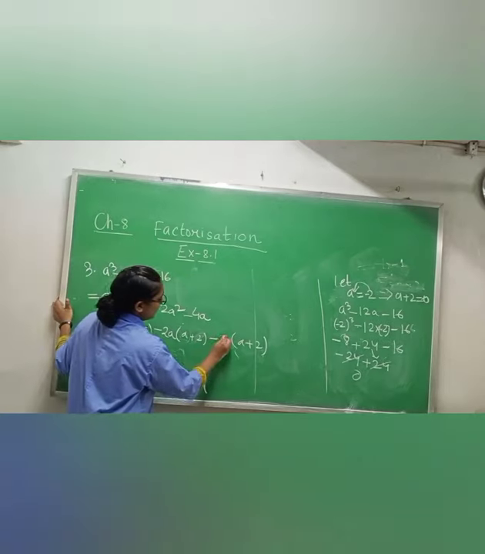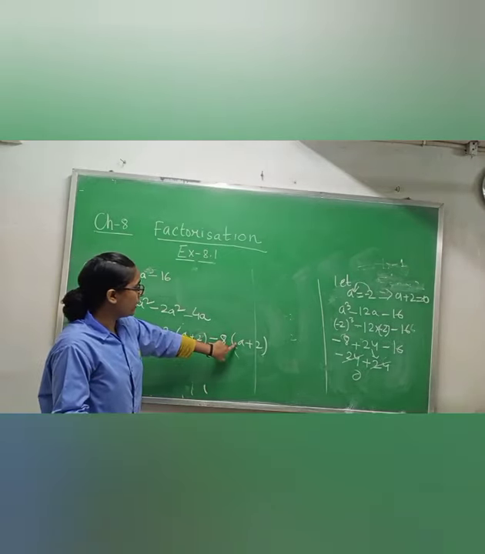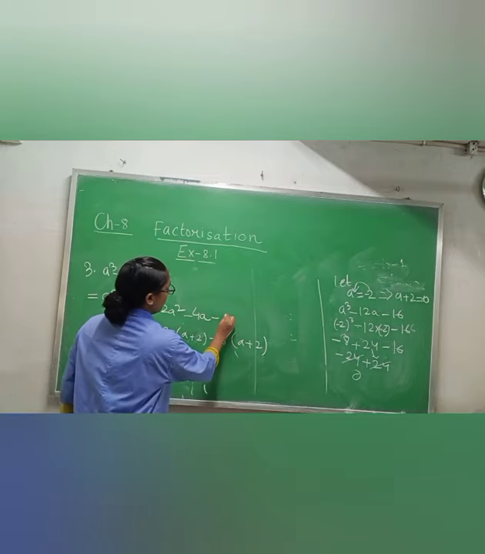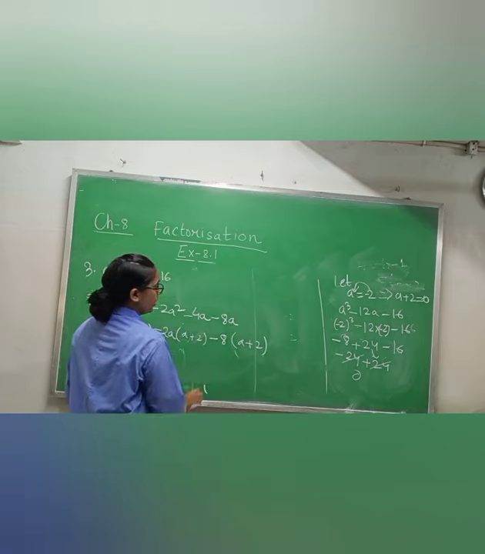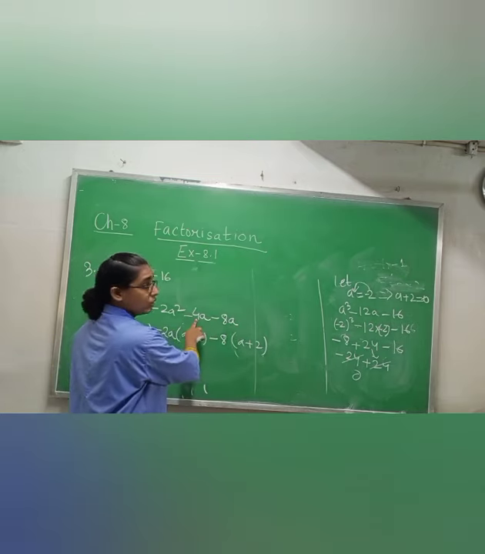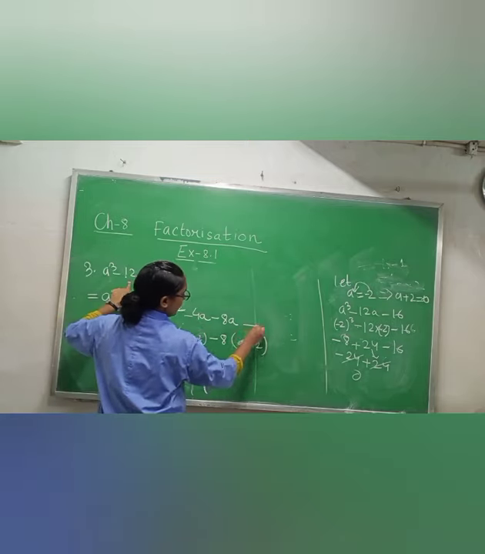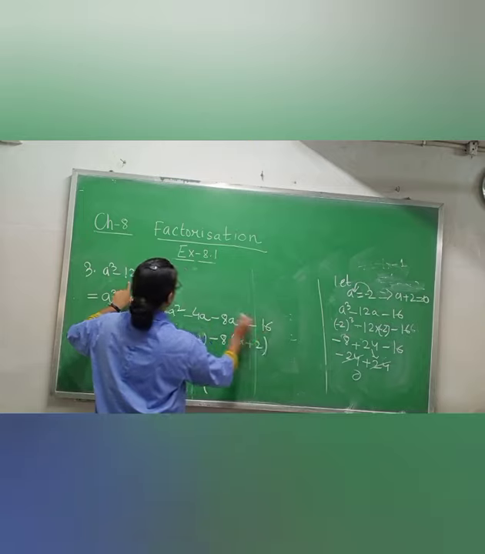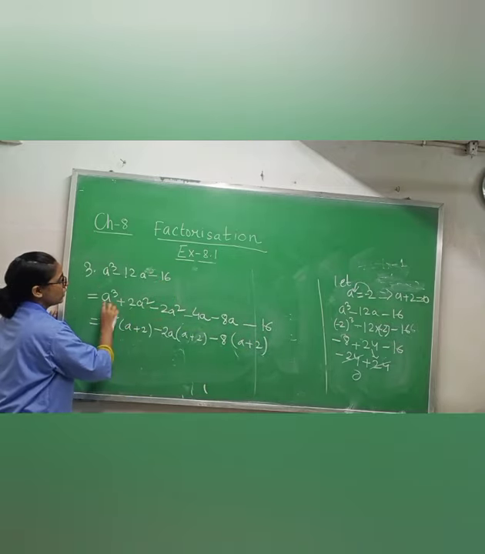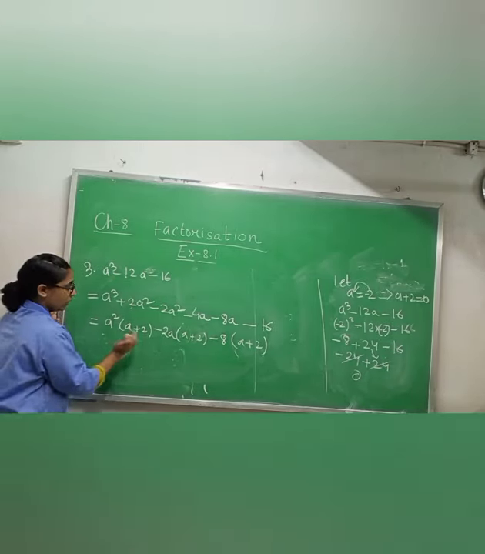So I will multiply with minus 8. Minus plus minus 8 into a, 8a. So see, minus minus plus and 8 plus 4, 12. So you will get minus 12a. Now minus plus minus 8 into 2, 16. Minus 16. So you can remove this one as well as you will get the same thing which you have there. But no need to show cancellation.